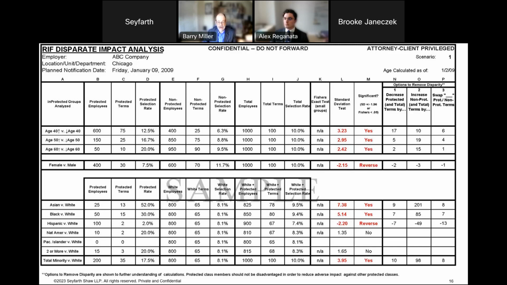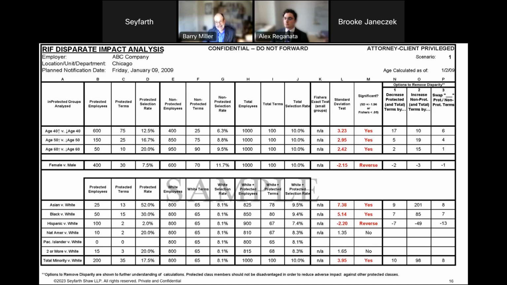That has to be done very carefully unto itself. And there's a reason that this document is marked attorney-client privilege. Some of our clients undertake to do these analyses internally, typically in a somewhat less sophisticated way, but some clients are fully capable of doing even the sort of sophisticated analysis that you see on the screen here. The problem is you never want to see this sort of analysis exposed in litigation. It is the ultimate airing of dirty laundry, including these numbers that will allow us to make adjustments to eliminate any present disparity against any particular protected group.